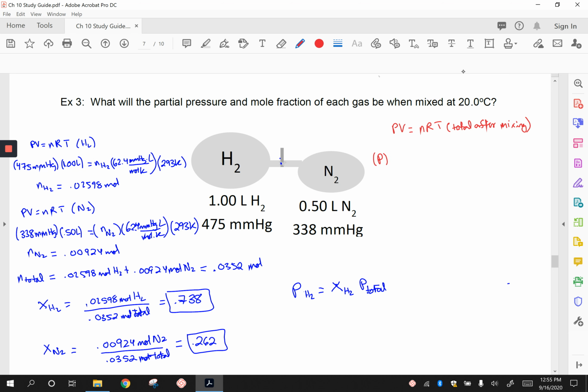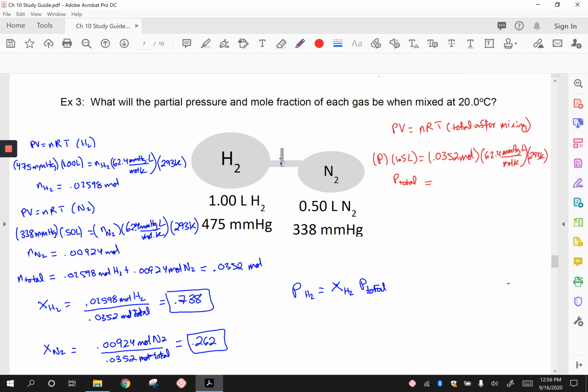V, now that I open this, I'd have 1.5 liters. N is the total, right? So both of them together, so I can use my total N because I got it here. 0.0352 moles total. R is 62.4 millimeters of mercury times liters per mole Kelvin. And my temperature is still 293 Kelvin. And I get P total